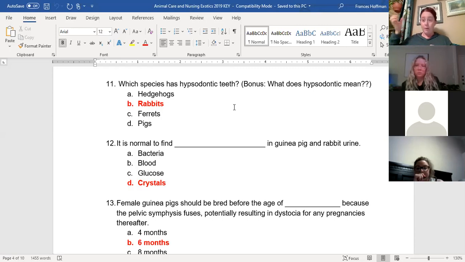Whereas if we shake up our salad dressing, like I'm thinking Italian salad dressing right here, how it separates out and all the solids go to the bottom and the oil goes to the top, that's what we're finding often with rabbit and guinea pig urine: animals that have more abilities to run and jump and play and be active have the more shaken up salad dressing in their urine. And so it means that they're able to void the crystals and everything much better, and it's going to be much more dilute than if we have them just kind of sitting around being caged potatoes where they don't get to move around a whole